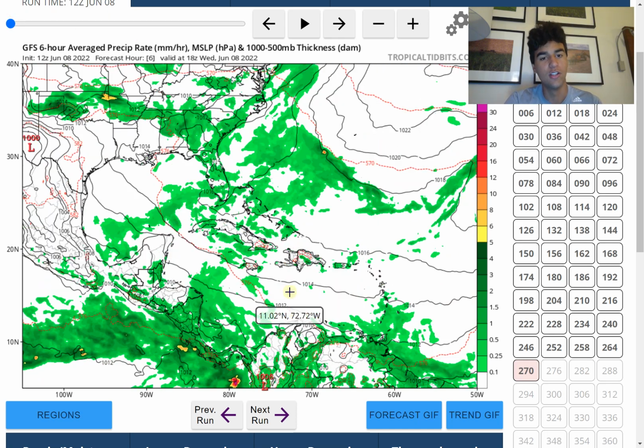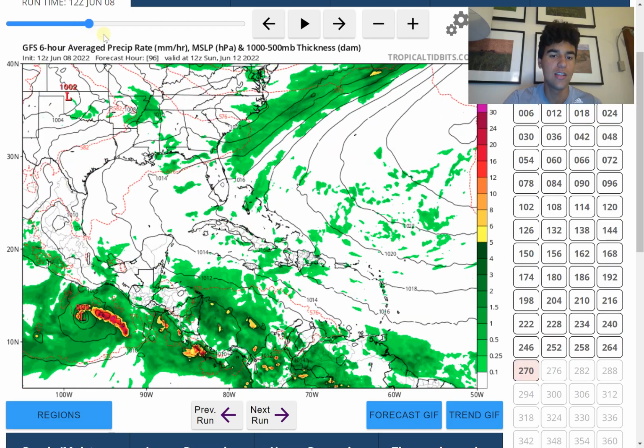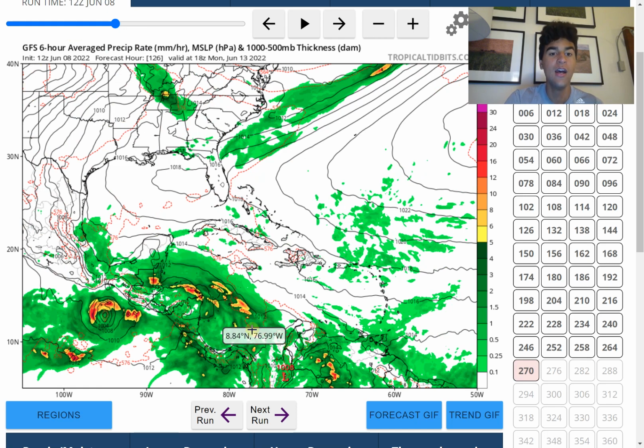So if we were to take a look right now, you see that the air is mainly stable throughout the Caribbean as well as the Gulf of Mexico. There is quite a bit of dry air, and there really isn't an area where there's a lot of convection going on, but that will change into next week because we will of course see a plume of moisture, and we could see a low-level center develop out of this